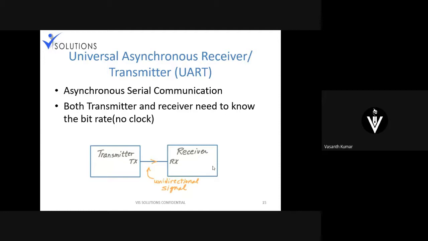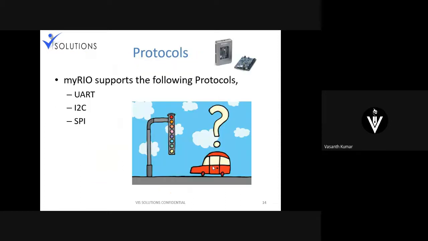Getting it? So coming back to serial communication again, I'm not talking about parallel communication now. When I talk about serial communication, there are two different types we have. Once again, classified into two types. One is asynchronous, one is synchronous. There are two types. Okay. Even in the previous slide, you saw there are three types we are going to show: one is UART, one is I2C and one is SPI. Your UART is an asynchronous method and your I2C and SPI are synchronous methods.